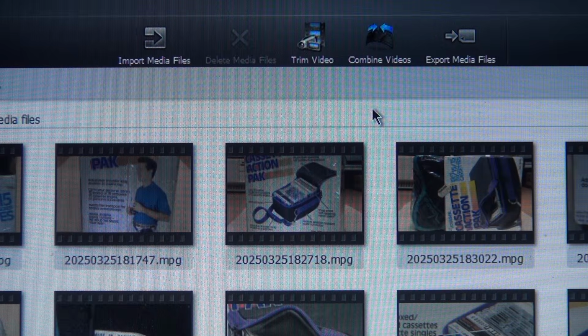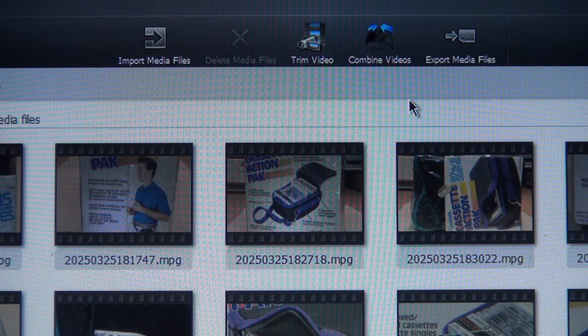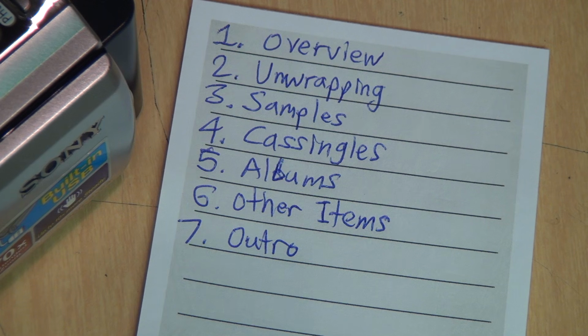But referring to this as a video editor is overselling it, because the only editing it can actually do is trimming and combining clips. There is no ability to add titles, transitions, photos, or music. But for me that's okay, because I recorded the video with this limitation in mind. So these are the only two features I actually need when editing it. It also lacks a timeline or a storyboard interface to help you arrange the clips when you're combining them.